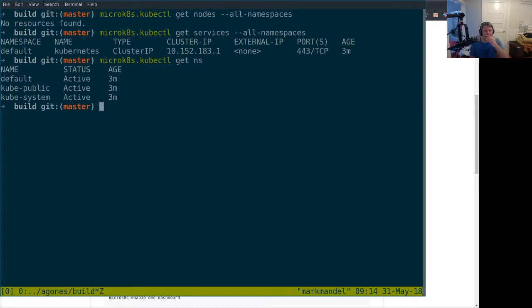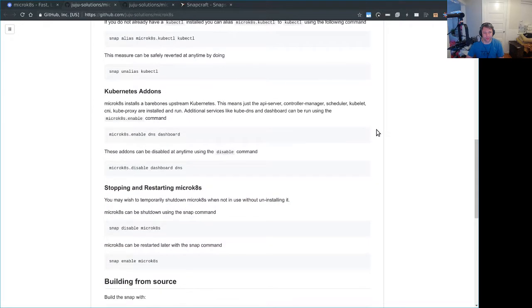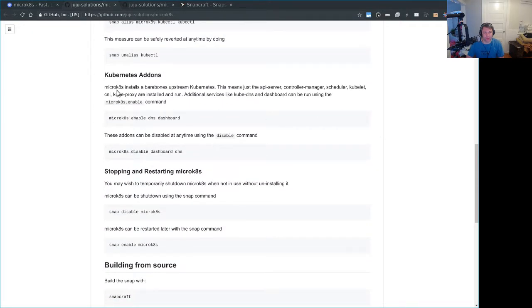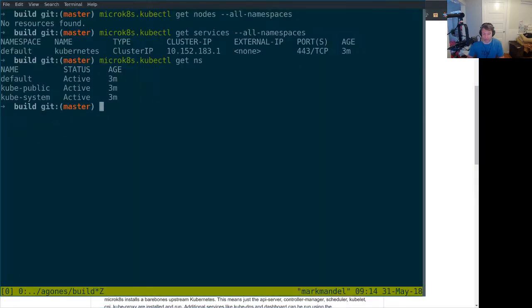What I was going to do was, how do I want to do this? Where does it install its configuration? I kind of want to use my shell, but I'm not going to do that. So, okay, MicroK8s installs a bare bones upstream Kubernetes: API server, controller manager, scheduler, kubelet, kube-dns. The big question I have here is actually whether the admission controllers are here. But you know what? Let's just